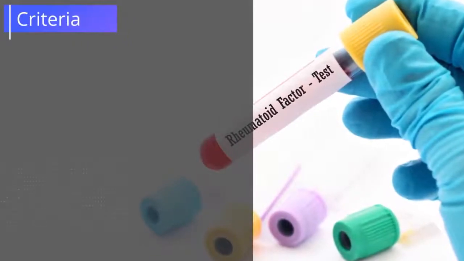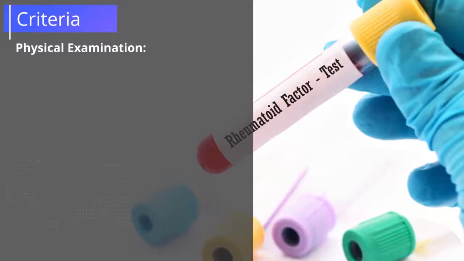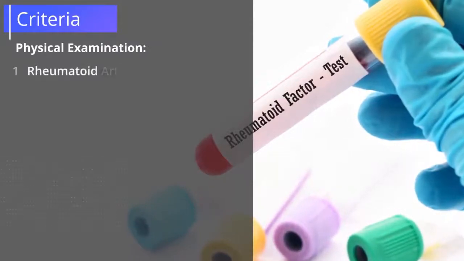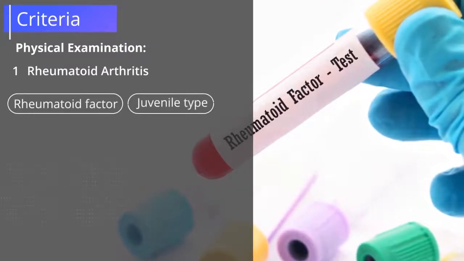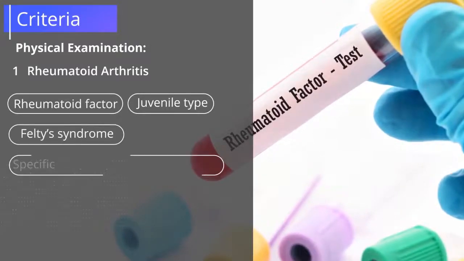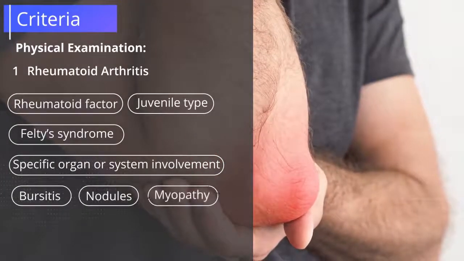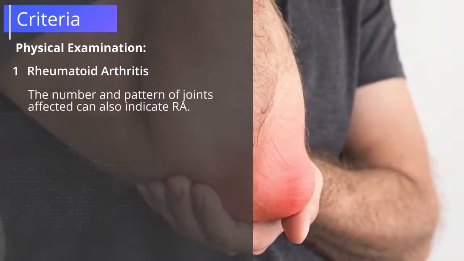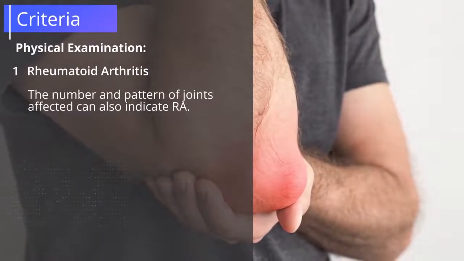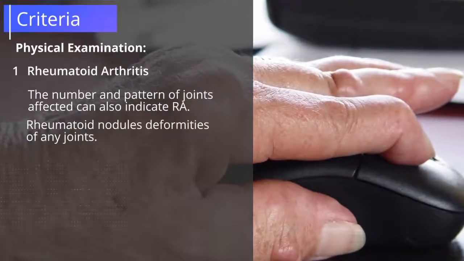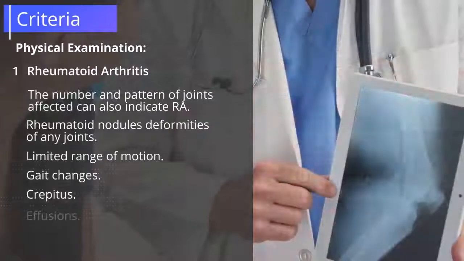The criteria for the documentation of rheumatoid arthritis involves a physical examination. During the examination of rheumatoid arthritis, the examiner should note any rheumatoid factor, juvenile type, Felty's syndrome, specific organ or system involvement, bursitis, nodules, myopathy. The number and pattern of joints affected can also indicate RA. Other signs for the diagnosis include rheumatoid nodules, deformities of any joints, limited range of motion, gait changes, crepitus, effusions,